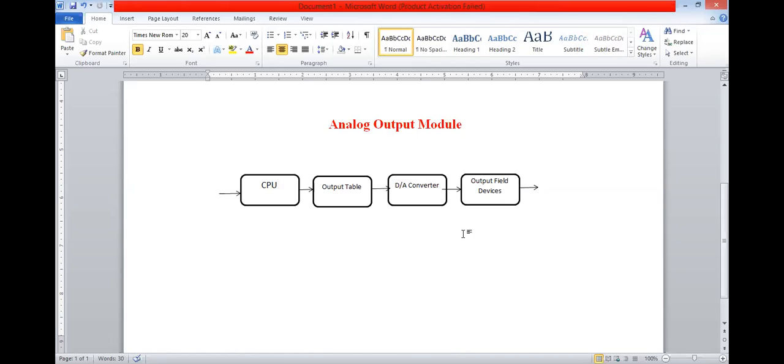As you can see, this is the block diagram of the analog output module.